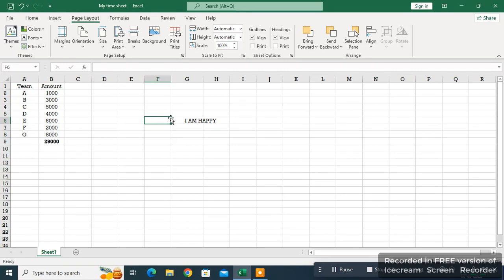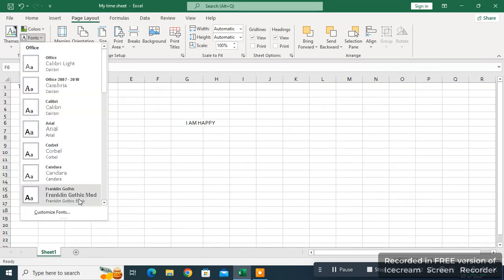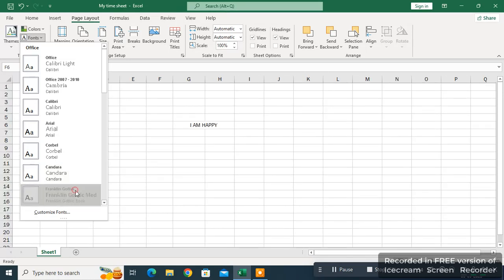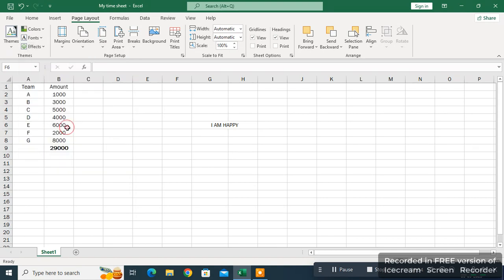Okay, you can change the font size also, and you can use the different effects, like you can use the 3D effects, and as usual, you can use